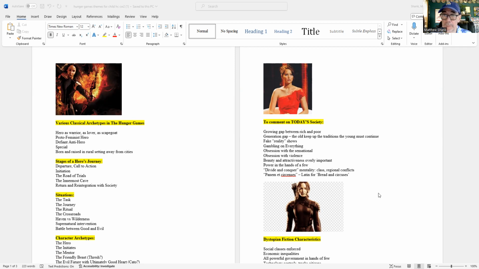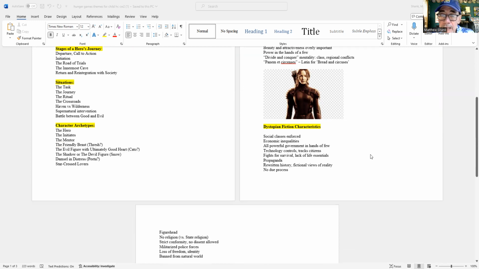Certainly true of the Capitol, and some of the richer districts. Same thing. They're more likely to support the Hunger Games because they win the Hunger Games every year, right? And they're doing pretty well. So, if you're doing okay and you're relatively well off, you're not going to complain if some of these rights start to be taken away from you. All right, so I'll be interested to see what some of your comments were, if they were similar to mine,